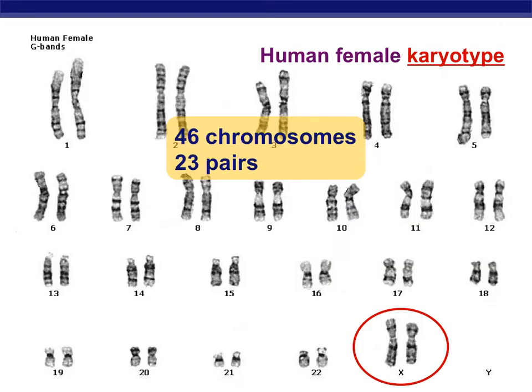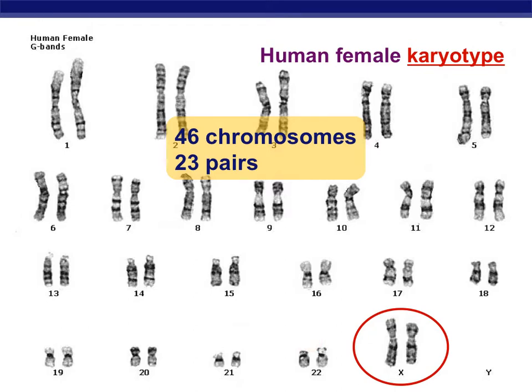So humans always have, in normal cells, 46 chromosomes, which occur in pairs. Here we're looking at a female karyotype, a look at all of the chromosomes. You've got chromosome pair 1, 2, 3, 4, 5, 6, and essentially they're just lined up. The longest pair is called number 1, and the shortest of the body chromosomes, the somatic chromosomes, would be 22.